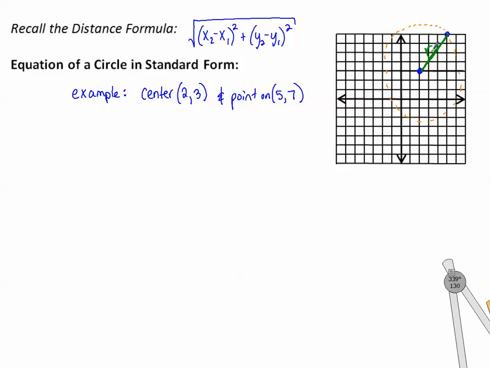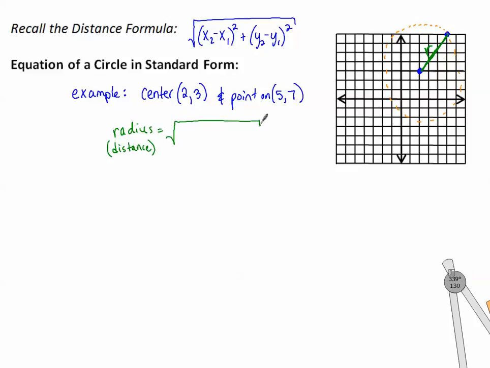So using the distance formula, the radius, or the distance from the center to a point on the circle, is